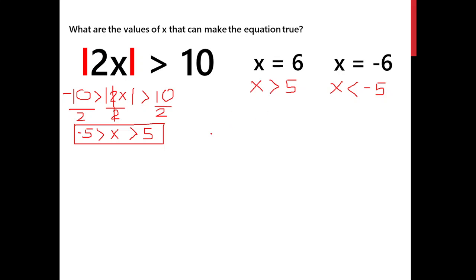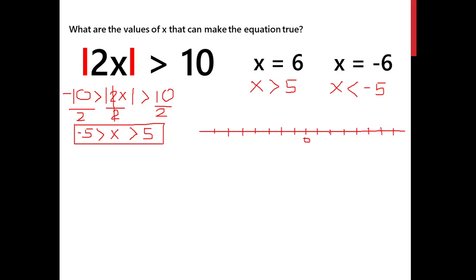Now, how do we plot this on a number line, for us to know what numbers exactly are solutions to our inequality? So that is 0. I have my positives 1, 2, 3, 4, 5, 6, 7, and I have my negatives here: negative 1, negative 2, 3, 4, 5, 6, 7. Now, the symbol being used is greater than or less than, so in plotting it on the number line, we use the open circle. Let's try to plot this one first.